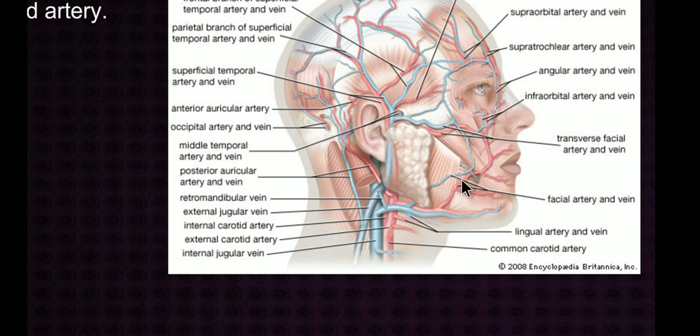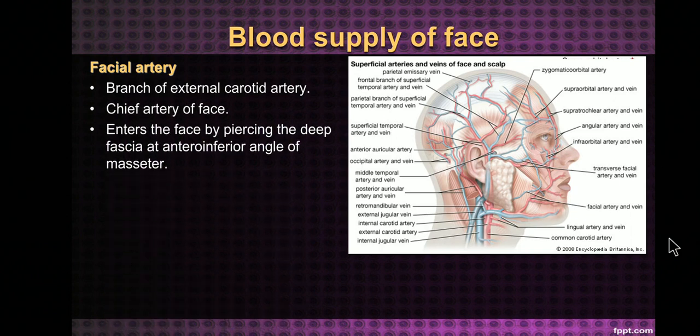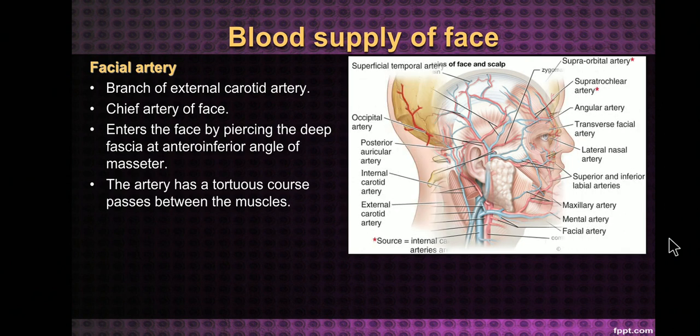Then it runs obliquely towards the angle of the mouth and then the medial angle of the eye as the angular artery, and anastomoses with the ophthalmic artery. It has a very tortuous course because it runs within the muscles. So the chief artery of the face enters by the antero-inferior angle of masseter and has a very tortuous course,